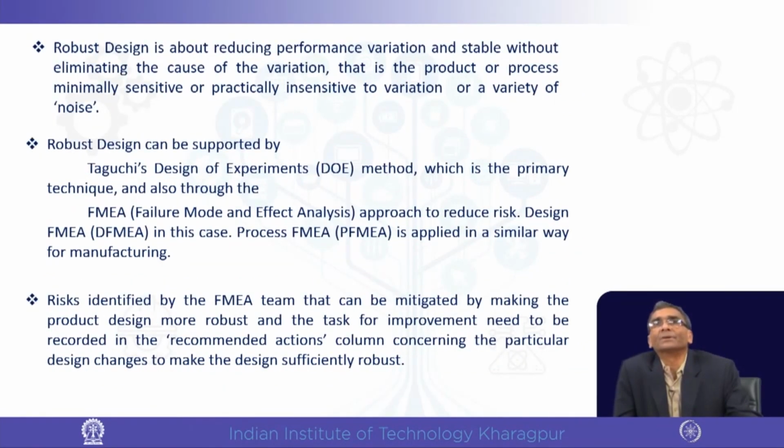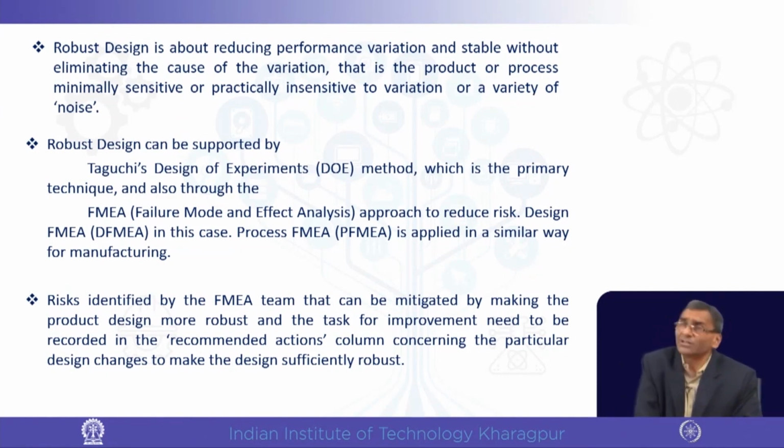Now, therefore, the objective of robust design is to reduce the performance variation, and how it is to be done, as I said, there are two methods primarily. One is Taguchi's design of experiment method, and the other is failure mode and effect analysis. I said in the beginning when I was discussing the concepts, and we have discussed both, that there is DFMEA and FMEA. We will discuss that. Risk is also taken into consideration through this FMEA,